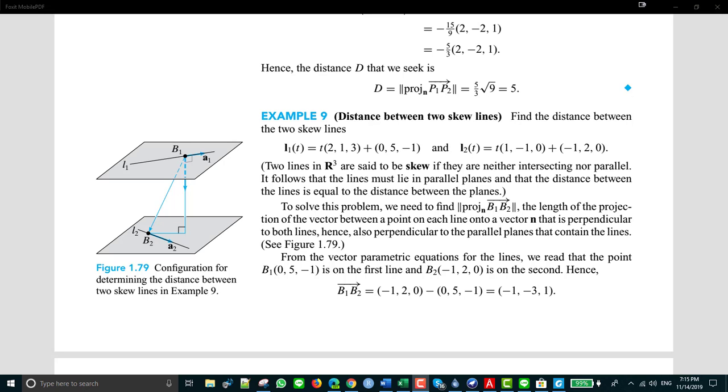So here they give us one line's equation in vector form. Remember, again, this is the r. We usually write this as r, and we usually write this as a, and we usually write this as b, and the same thing here. So I'm sorry, maybe we don't need to find this plane and this plane. We're just going to take a point B1 on line 1, and B2 on line 2. And we're going to